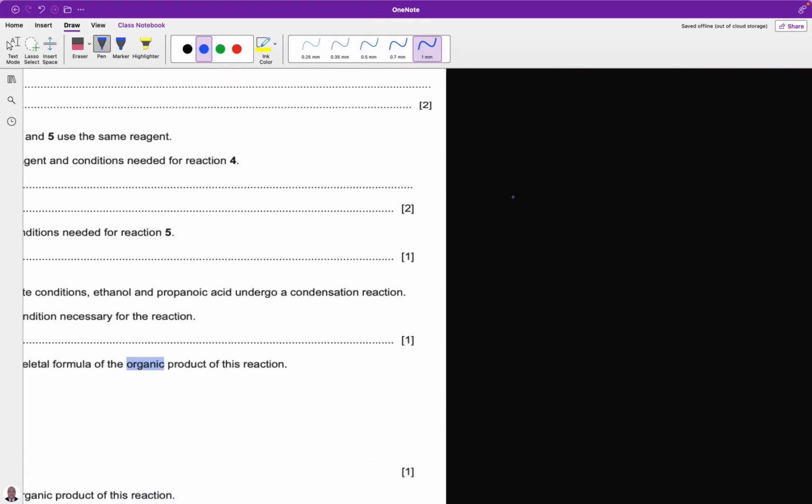This is propan-1-ol, CH3CH2CH2OH. Now, propanoic acid is CH3CH2